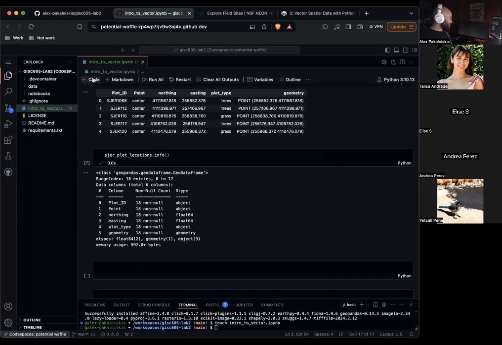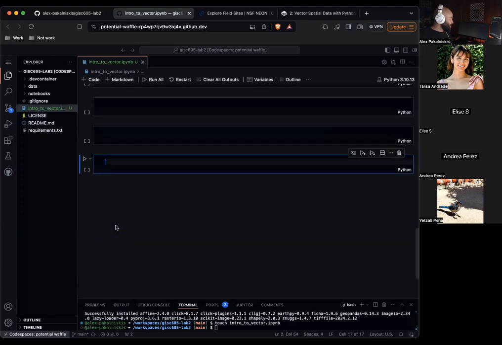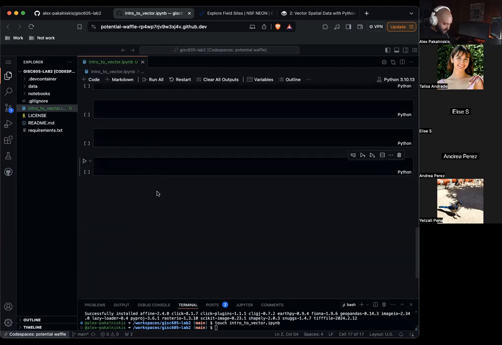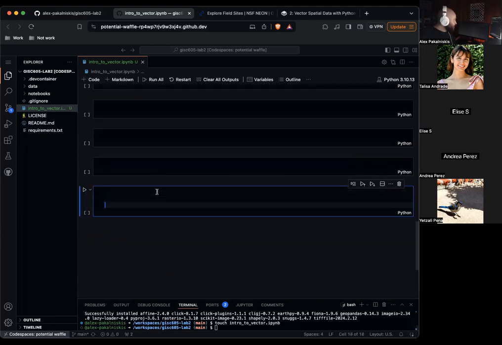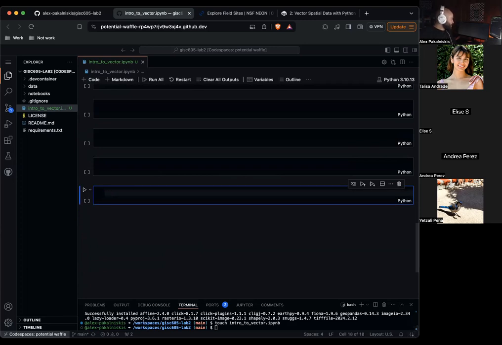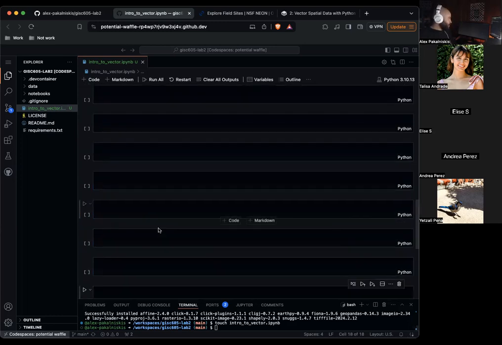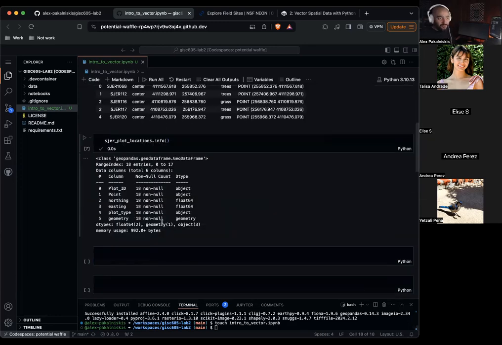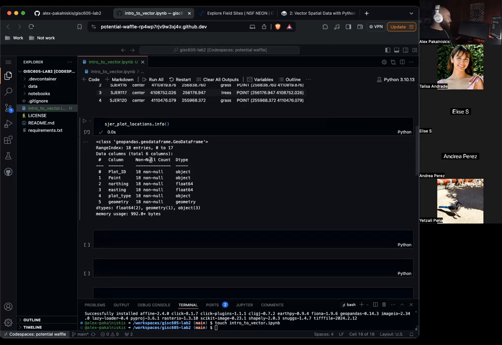There might be a shortcut I don't know about. Oh, on Mac, it's Command Enter. So let's see what happens. No, that's not interesting. Okay. So for me, Shift Enter seems to work better. I'm also using a Windows keyboard on a Mac, so that could be why some of the things are not perfect.